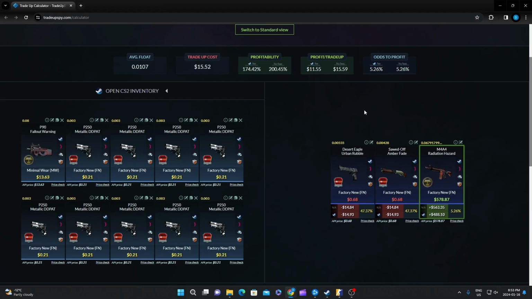Taking a look here at our third trade up, we are now at $365 in our balance, so we are going to take some risk on this one. This one is an insane trade up, $488 profit if we do hit this. However, we only have a 5.2% chance. We're going to pick up 2 or 3 of these trades,